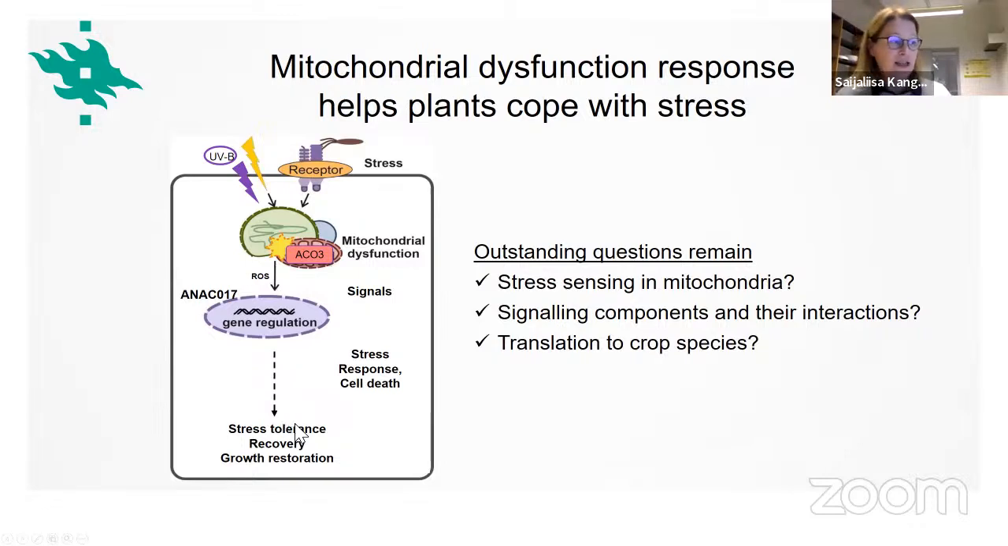is operating. And when we finally understand a little better about the signaling and we see which of the components and mechanisms are conserved in crops and crop species, we can start considering strategies on testing these responses in